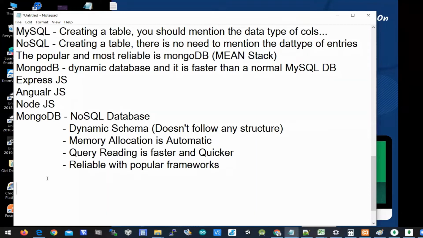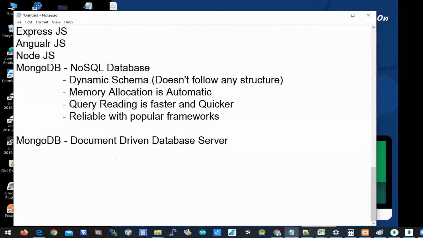So in depth, when you talk about MongoDB, it is a document-driven database server. What is a document? A document is nothing but an entry, or you can say a simple data element.